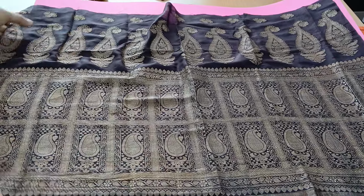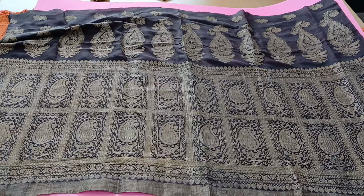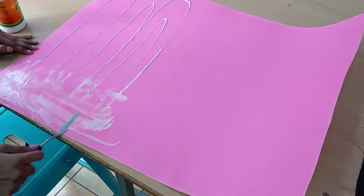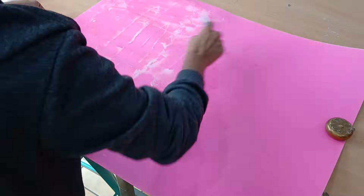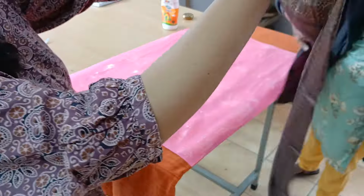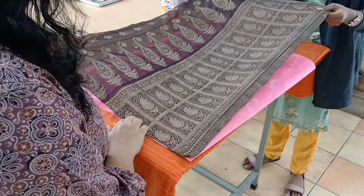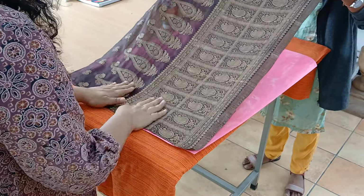I'm using a pink craft sheet as opposed to a white one, because if I put it on a white one, some of the white will show through and I don't want that to happen. So I'm using pink, so I'm okay with the pink showing through. First thing to do is, of course, to apply the white glue evenly on the piece of paper and let it dry a little bit before I slowly paste my saree pallu